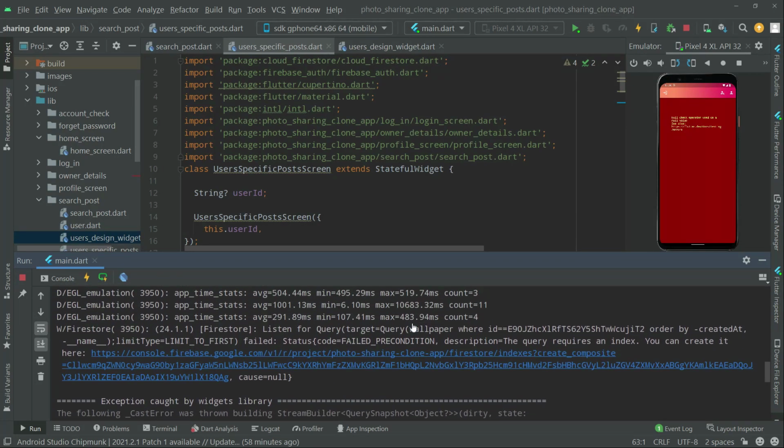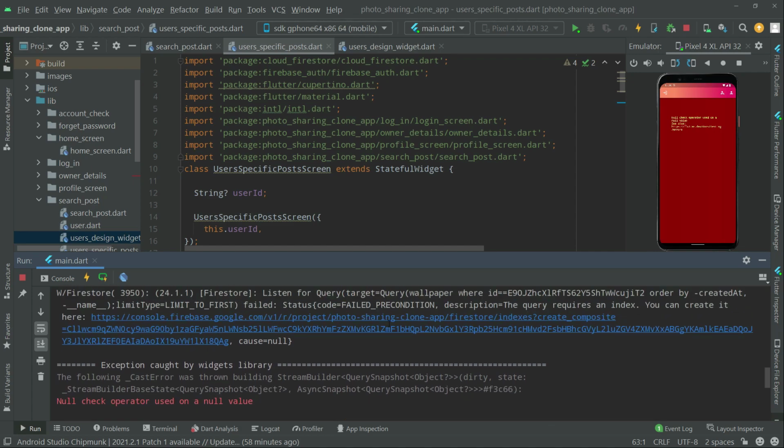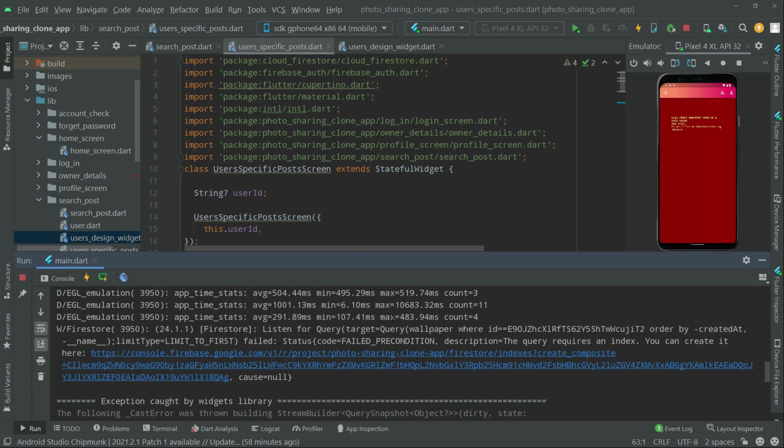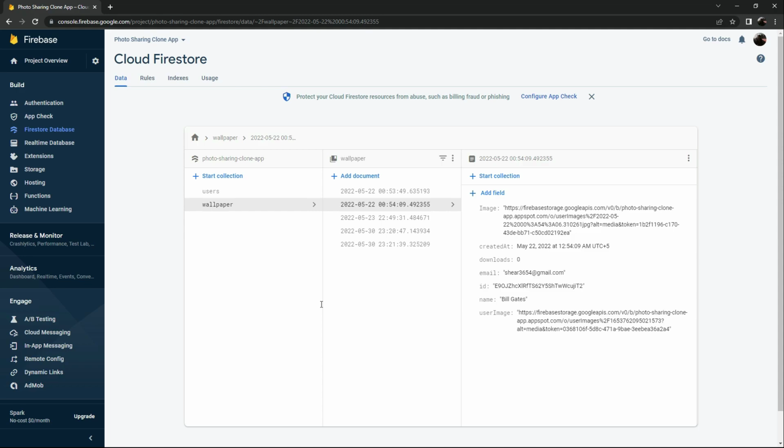Here we will simply go: null check operator used on a null value. So in order to remove that, as you guys can see in here, the query requires an index, so we will simply go and create an index, okay, and you can create it here, okay. Just simply, guys, copy that URL, the whole link, like I did, and simply open the browser, as you can see right in here, in which we open the Firebase, okay,